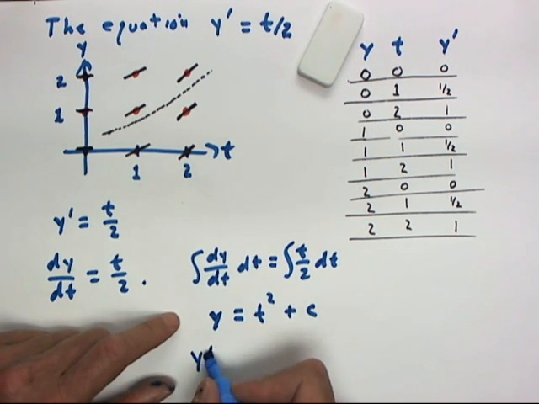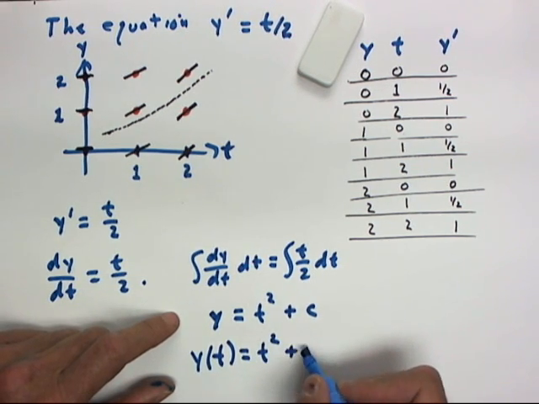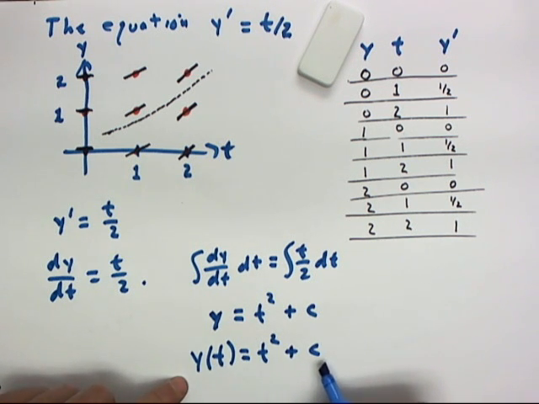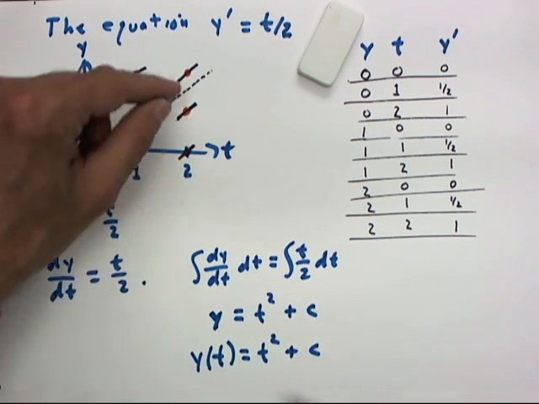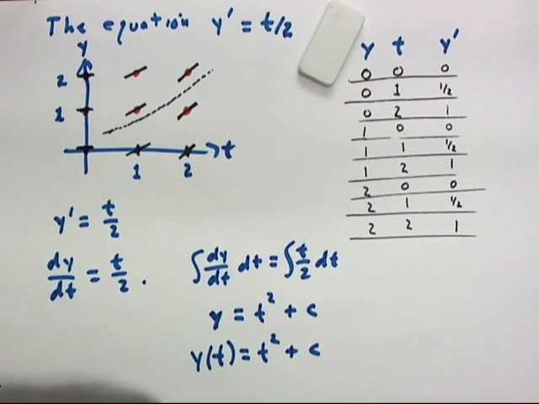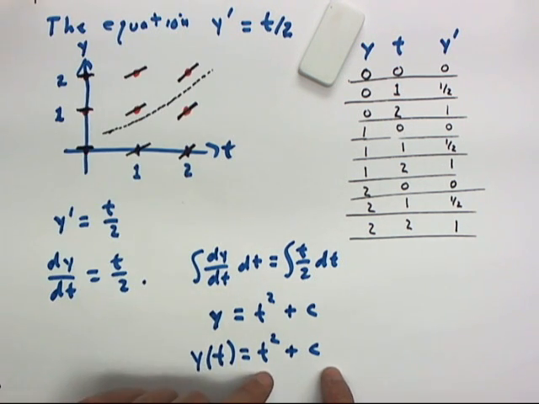Now we could write that as y of t equals t squared plus c. It means the same thing, it's just that here we've written the specific t dependence of the curve, so that y of t equals t squared plus c is a function which, when substituted into this equation, gives us an identity. You should be able to verify easily that if we substitute t squared plus c for y here, y prime is going to be the derivative of t squared plus c. That derivative,